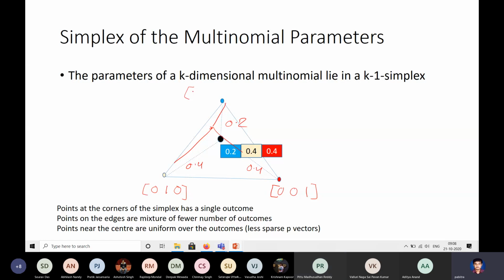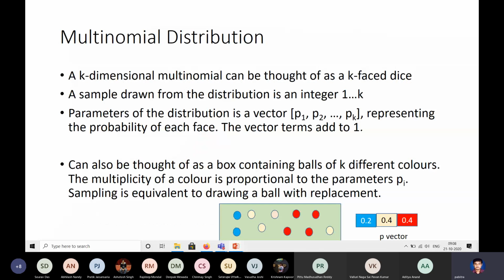And this corner means blue 1, other two 0. Okay, so what type of Bernoulli distribution is this? Every time you draw a sample, you throw this dice or pick up a ball from this box. If you are here, you'll always get a blue ball. There are only blue balls in the box. If you remember this box analogy, there are only blue balls here. Similarly, if you pick up here, the box would be only a yellow ball box, and so on.